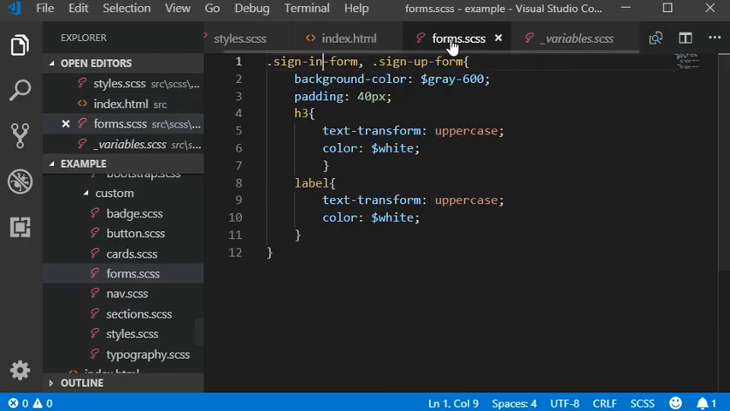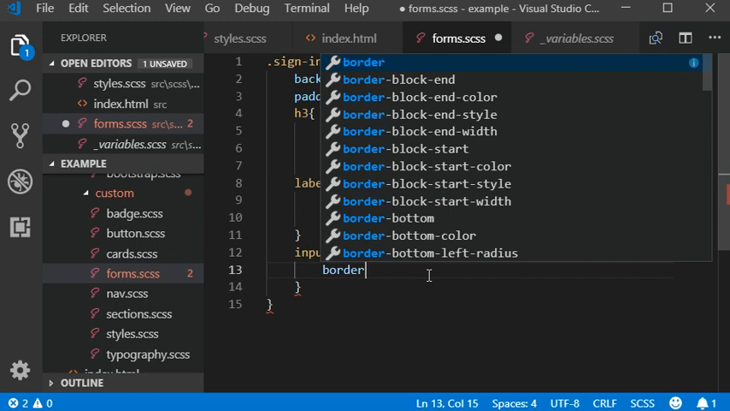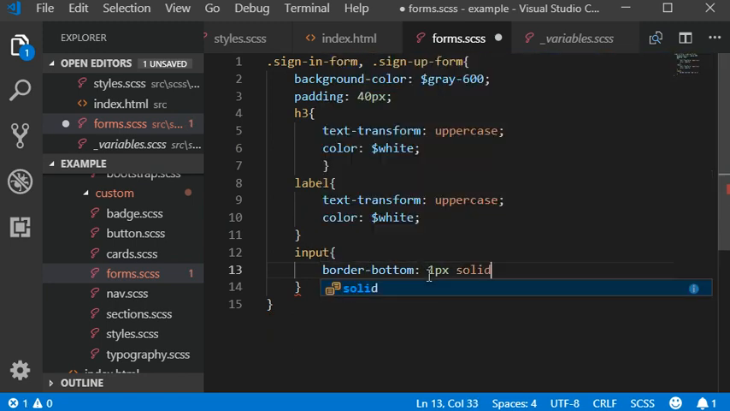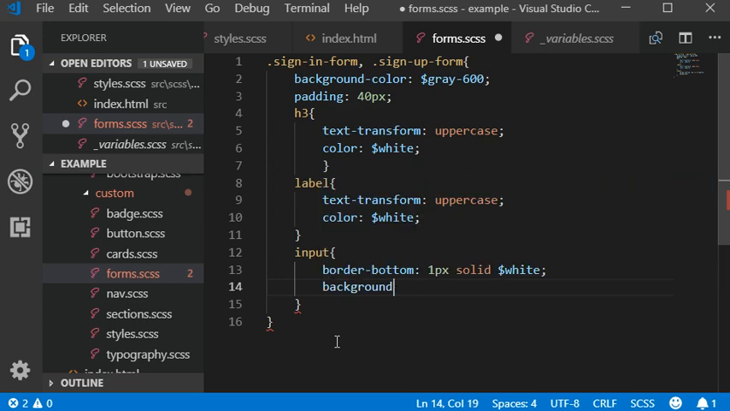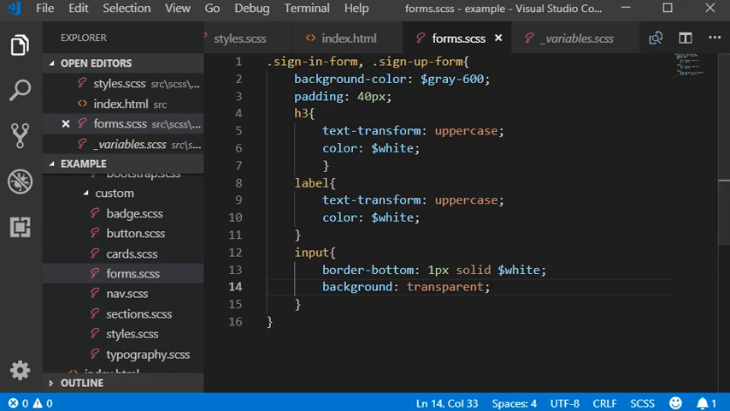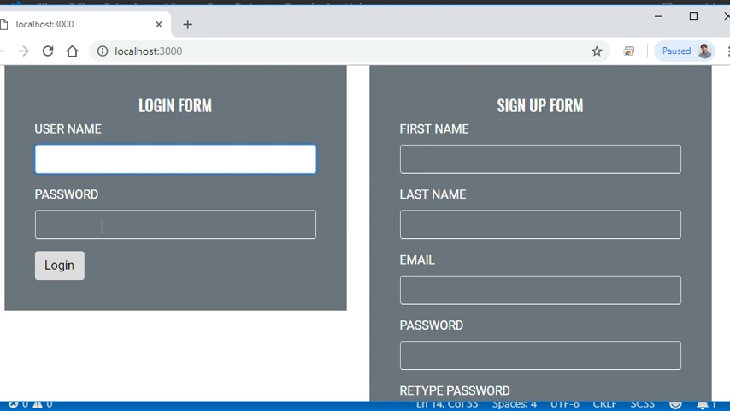So now I'm gonna customize these input fields, input, and then border should be bottom 1 pixel solid, and then white color, and then background should be transparent, and here we go. We have created our outline form,